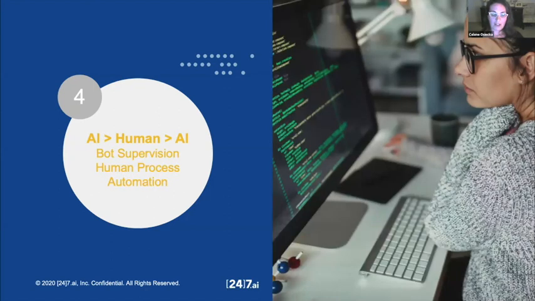And then another use case is the AI to human to AI use case. So things like this, where bot supervision comes into play and human process automation comes into play. Bot supervision is like, imagine a customer and a bot having a conversation back and forth, and a woman sitting in a call center, for example, watching the bot conversation. She's not talking to the user. All she's doing is watching. And if she notices the bot might be getting a little off track, maybe it's giving wrong information, maybe it's stuck, it doesn't know what the intent is,